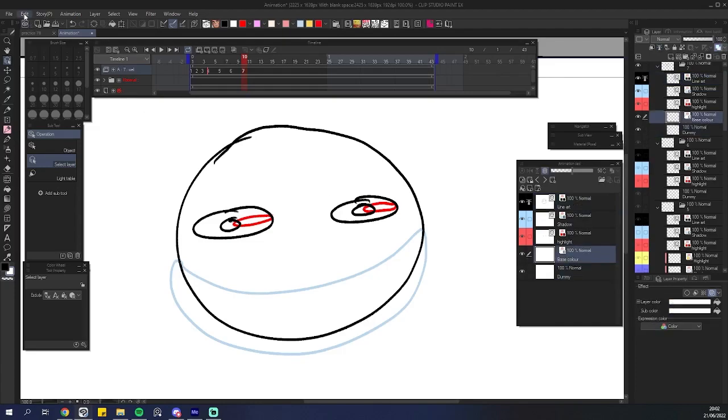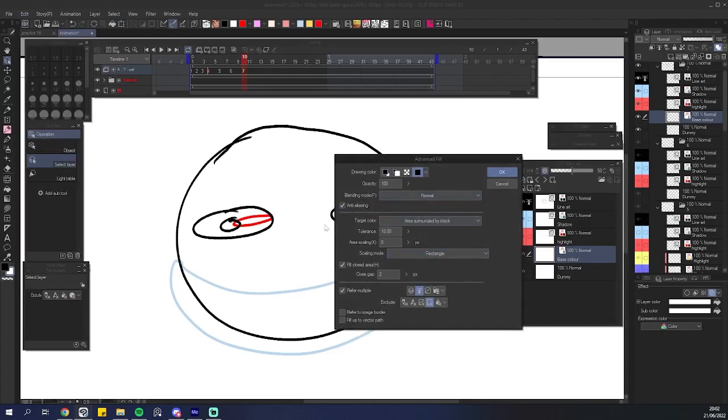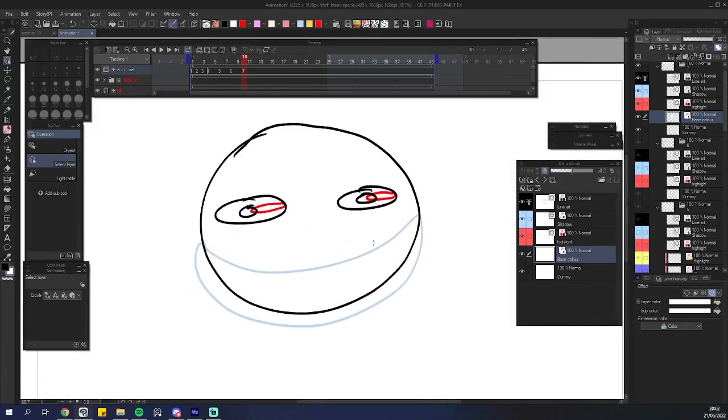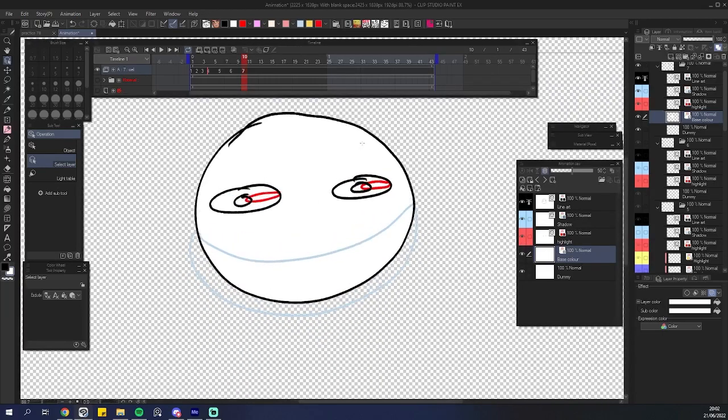Going back to the base color, you go to edit, advanced fill, and this is where most of the magic happens. It will fill the layer with the color black, completely black, and reference color, exclude the paper, and you can press OK. It will fill this black line enclosed area with white color,